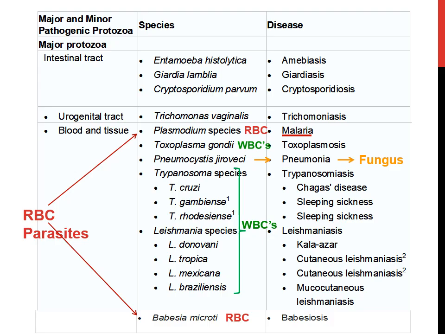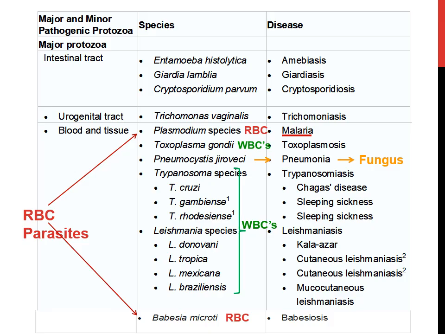Then for the white blood cells, usually those protozoan parasites occur in the white blood cells. Interestingly, if you notice, here we have a parasite that lives within the white blood cell. And as you must already know about the white blood cell, it is the first cell that encounters the organisms and microbes. It usually phagocytoses those microbes, digests them, and then presents components of those microbes on the surface for the immune system to respond to and to form immunity against them. But here we find that those protozoan parasites live within the white blood cells.